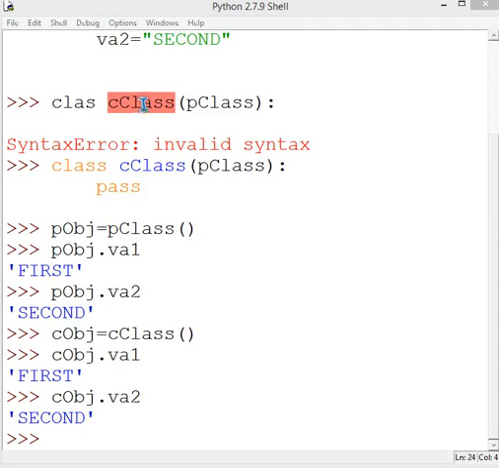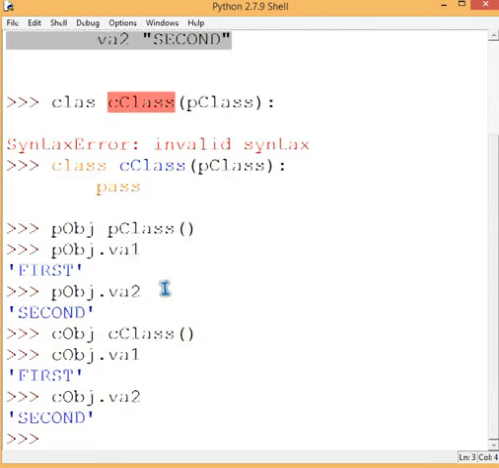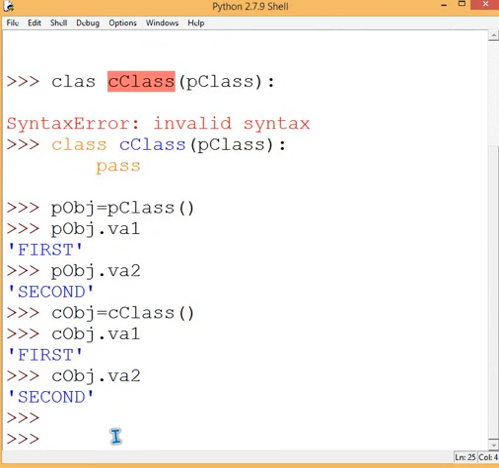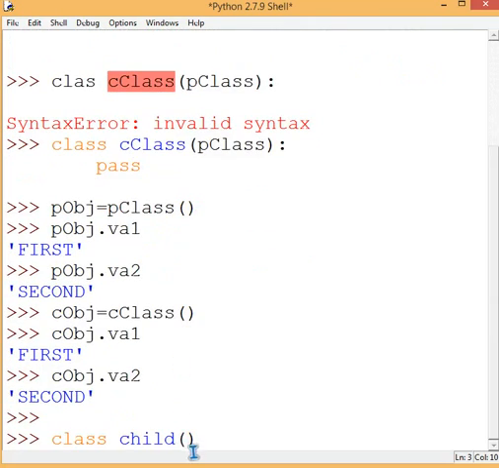Okay, this work is done, and now I'll show you how one is a parent class and the other is a child class. What we'll do is give a variable in the child class also. So we'll make another class. This class is intact, we'll be using it. I'm going to make another class which is the child class. Say it is child, and I will inherit it in a similar way to the previous example.